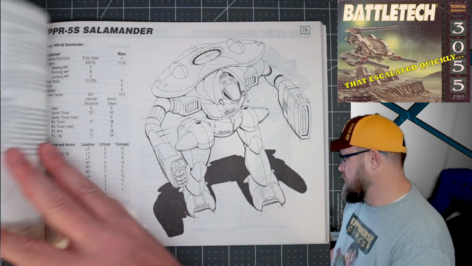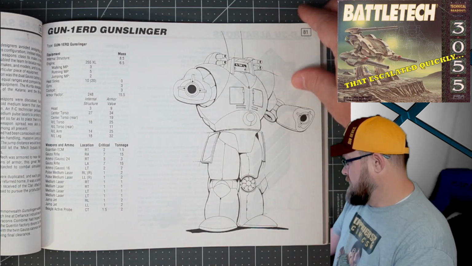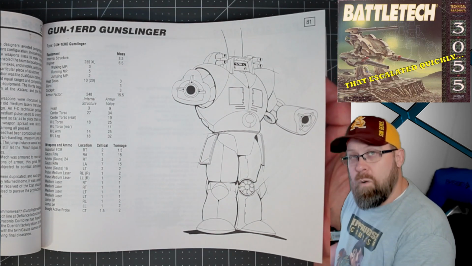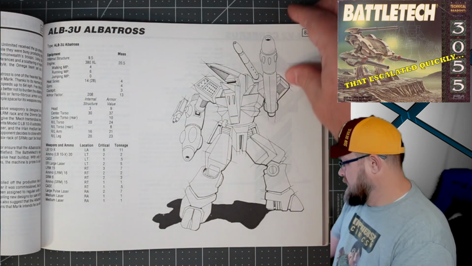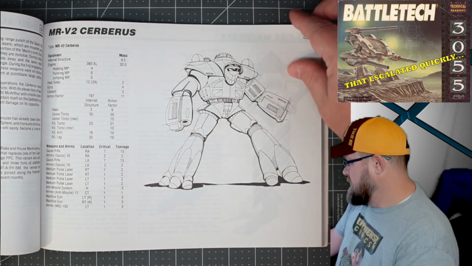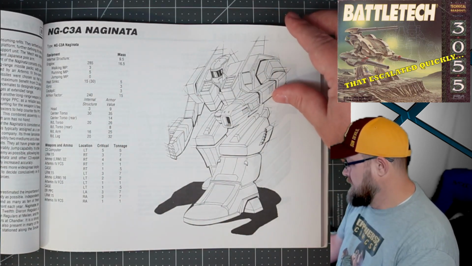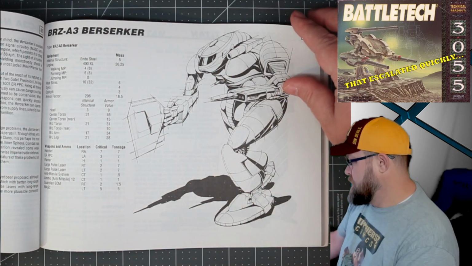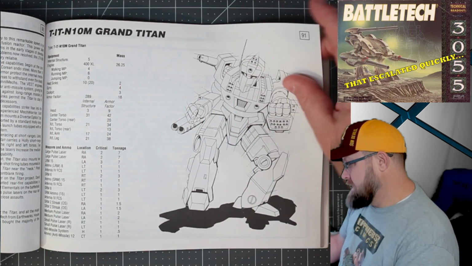Alright, getting into our assault mechs. We've got the Salamander, the Gunslinger. This one I have struggled with. I have the model. I have no idea how I'm going to paint it. The Albatross, the Cerberus, the Naginata, Berserker, Grand Titan,